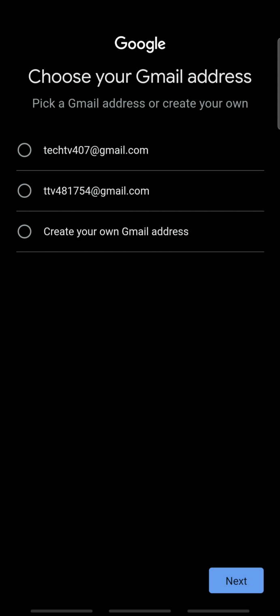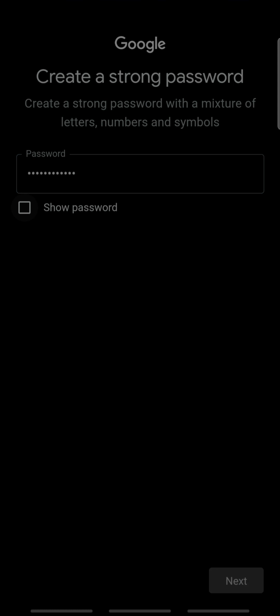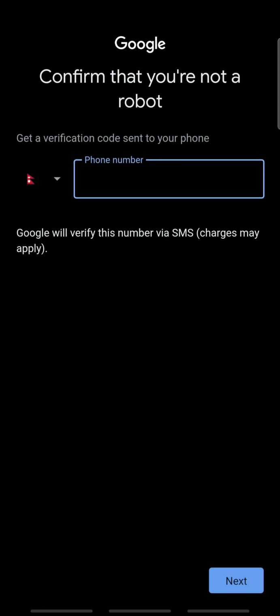You can now select the auto-generated Gmail address or create your own. I will select the auto-generated Gmail address. When done, tap Next. Now create a password for your account and tap Next. Also enter your phone number